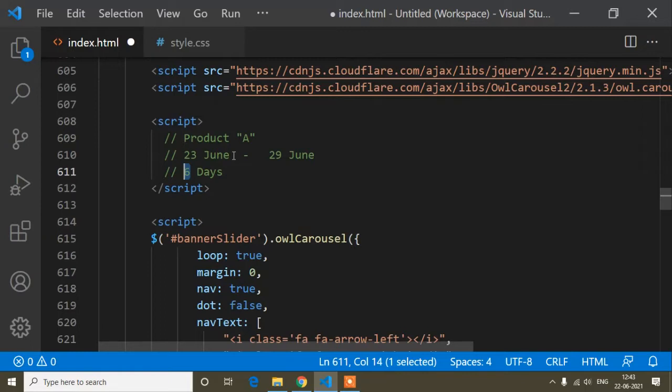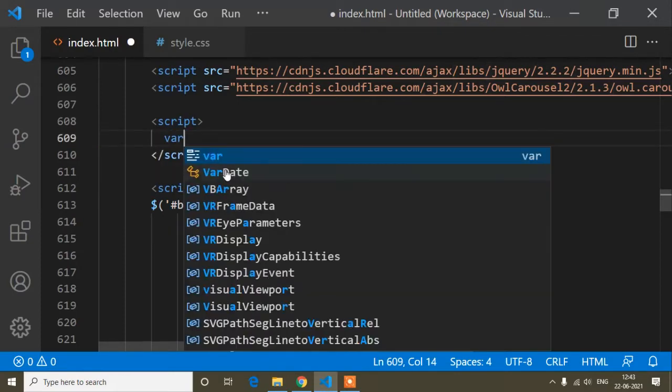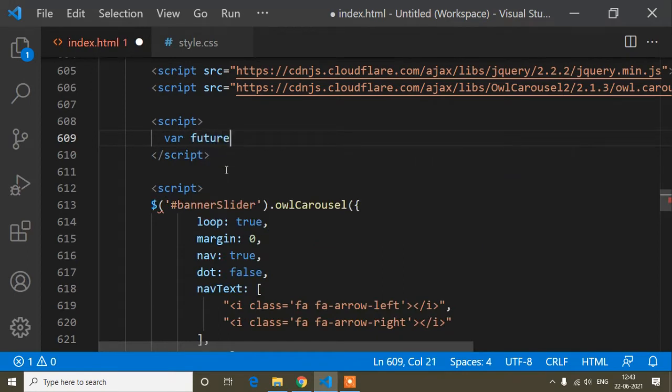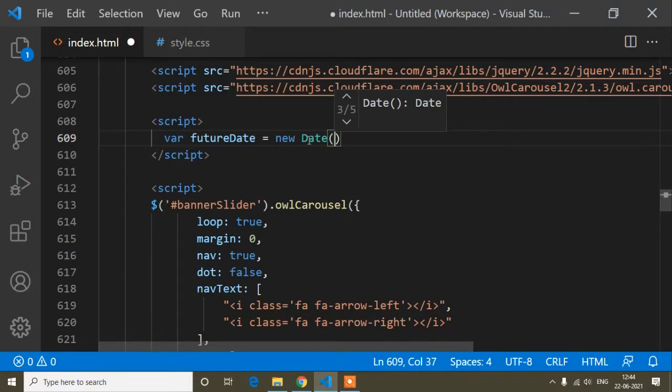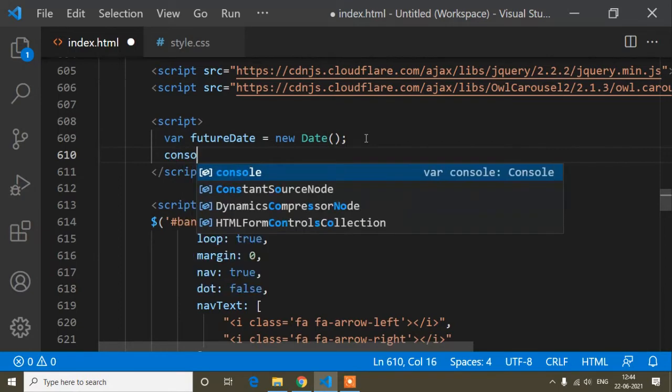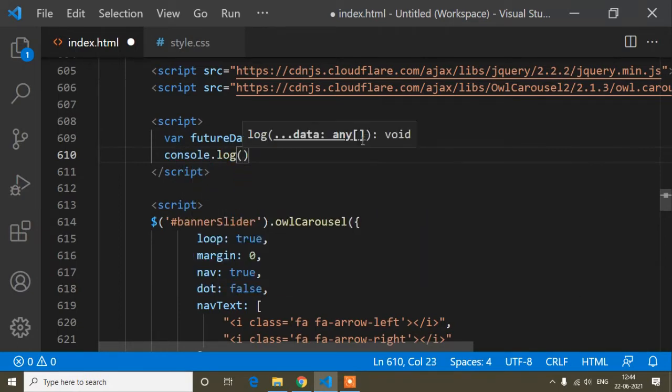So now guys, I will write the functionality of how you can do that. I will remove this, and I hope you have understood what countdown date is. So first of all, here I will write futureDate, and this is the variable. The variable name you can write as per your choice, but I have named the variable related to this one, because in this future date variable I will store the future date. First of all, I will write the JavaScript predefined method, that is new Date with parentheses. Okay, if I print it in the console, first of all I will show you everything in the console, and then it will be more understandable for you.